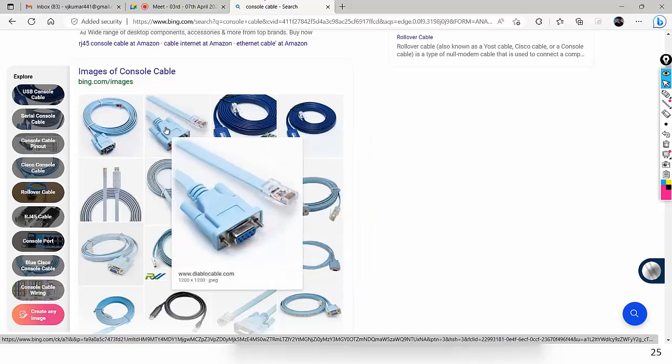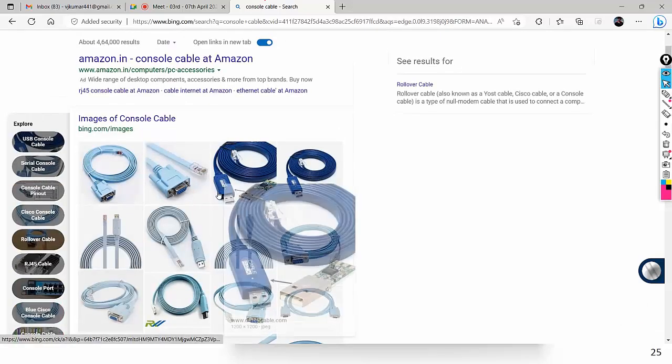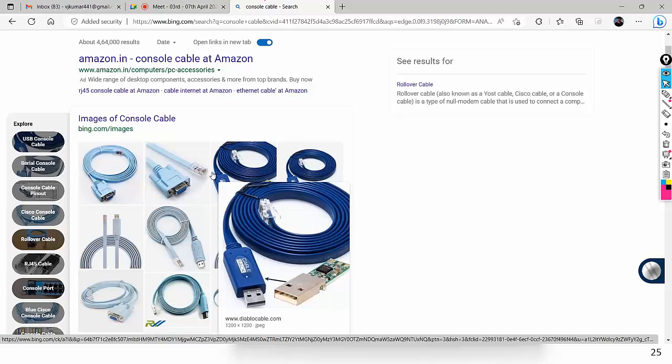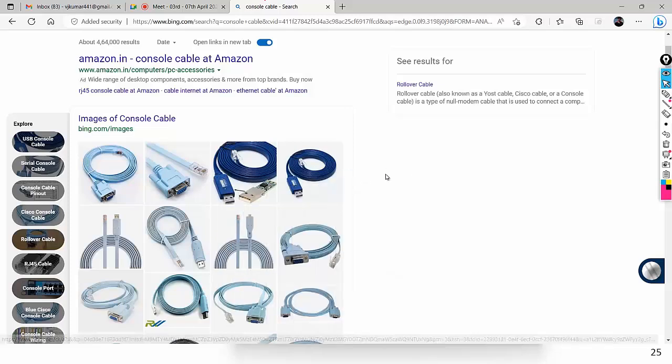This is actually not a graphical interface. This is the COM port. A COM port is mostly found in a desktop and is not available in a laptop. So you can use a USB console cable.